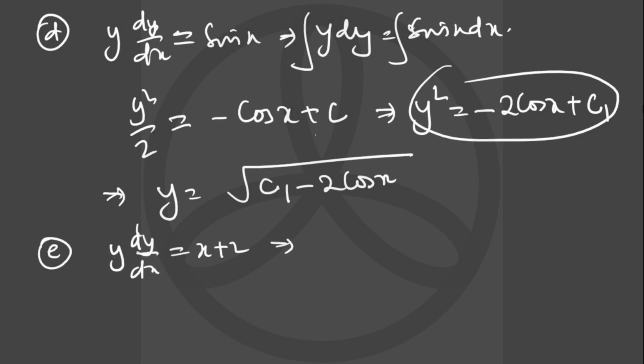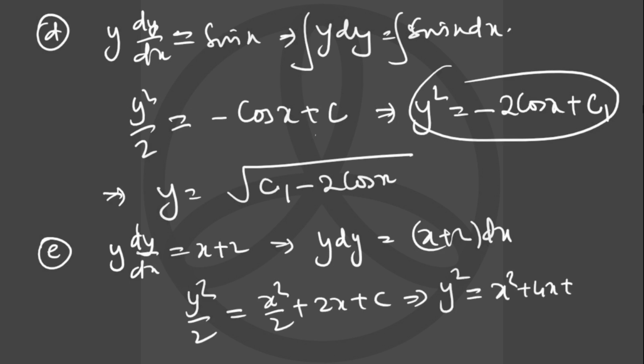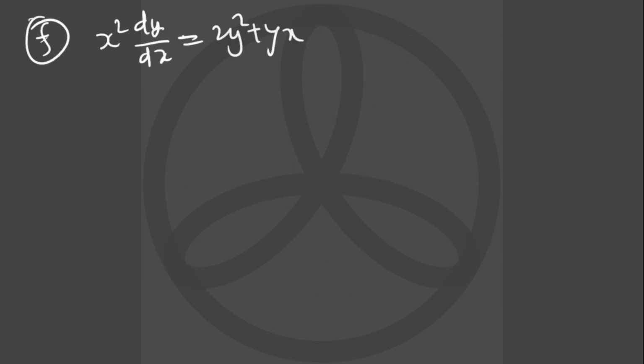y dy = (x + 2) dx. Integrating, y²/2 = x²/2 + 2x + c, or y² = x² + 4x + c1, and this will be the general solution. So y² = x² + 4x + c will be the general solution. This one is a little tricky, and actually we will have to use